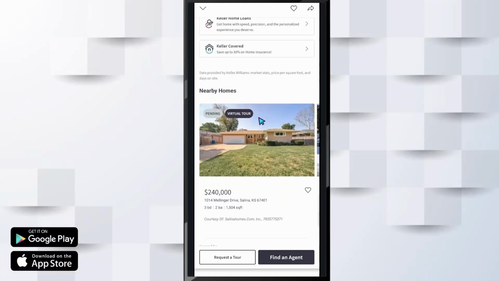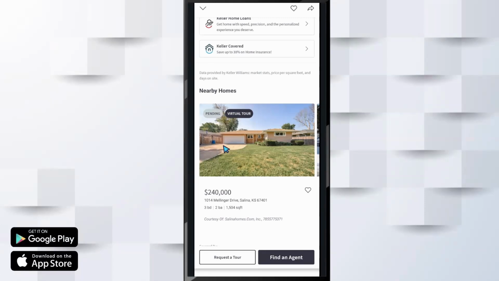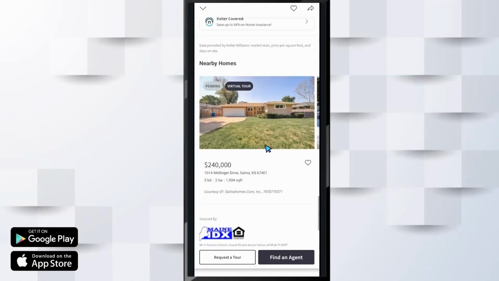All right. One of my favorite sections within these listing pages is the ability to see nearby homes as well. So if you're interested in this neighborhood or this similar kind of home style, they'll show you nearby homes that may fit within that same search criteria. So you'll see this one is pending currently right here. But as we scroll over, whoops,